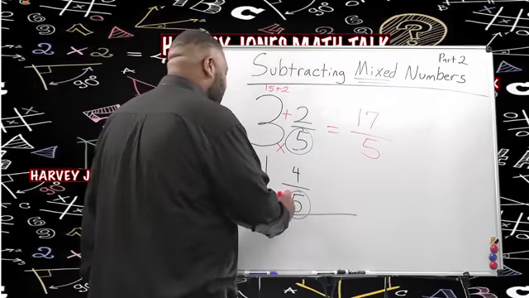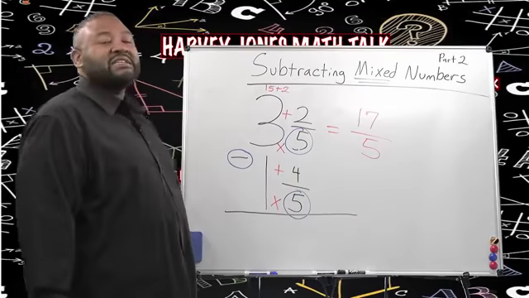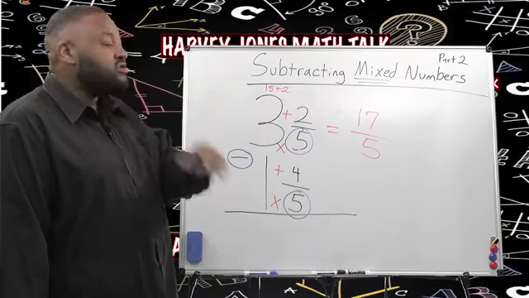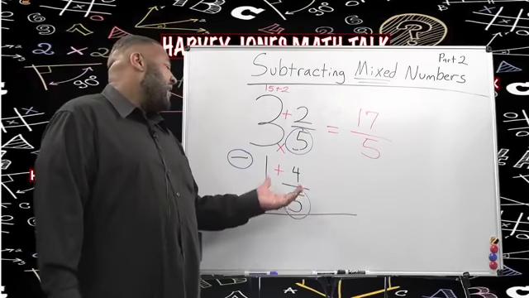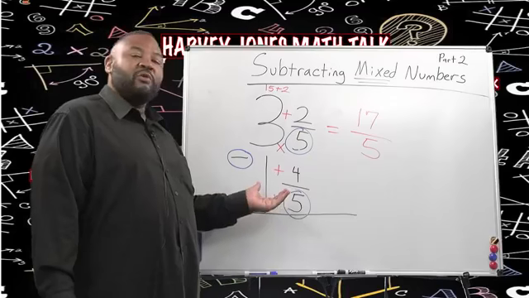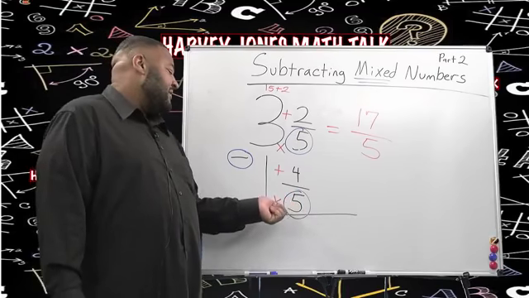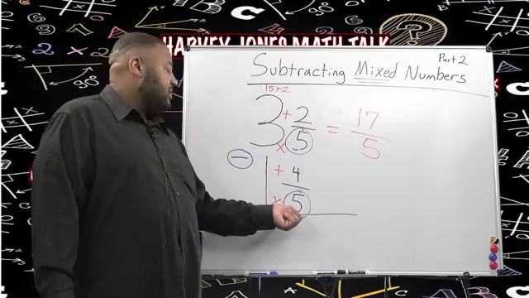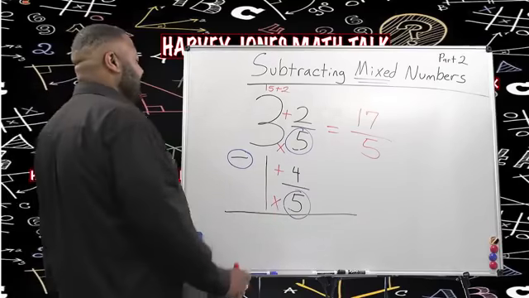I'm going to come here and do the same thing. I'm going to multiply, then add. You multiply, then you add. When you go from a mixed number to an improper fraction, you're first going to multiply 5 multiplied by 1. That is your denominator multiplied by your whole number. 5 times 1 will give us 5